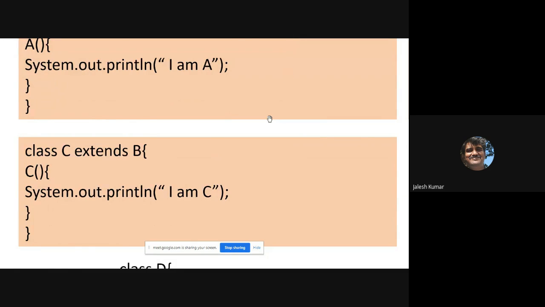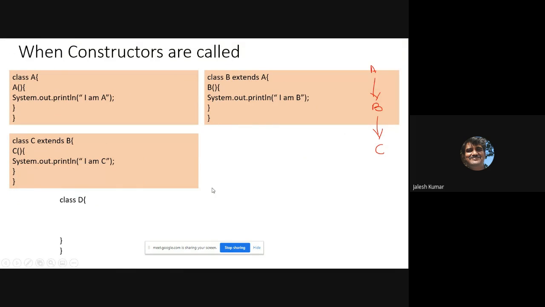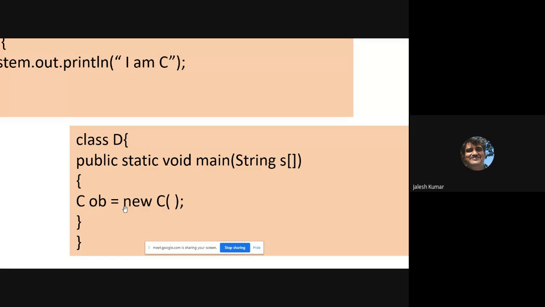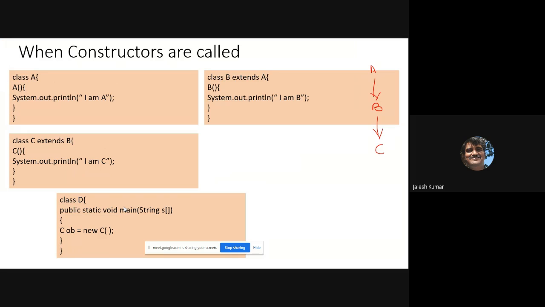Now, what we'll do is inside class D, I'll create an object of type C. All of A and B are accessible, but still I just create one object of type C. If you execute this program, the output you will get is I am A, I am B, I am C. Why this?